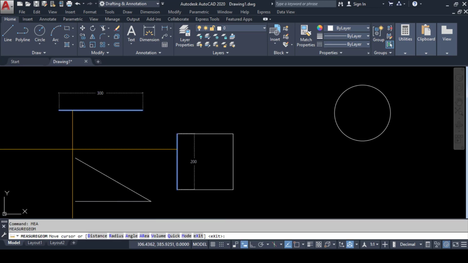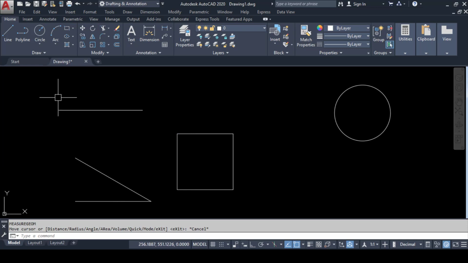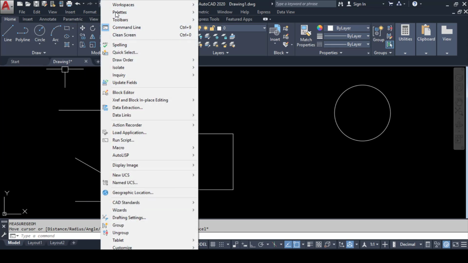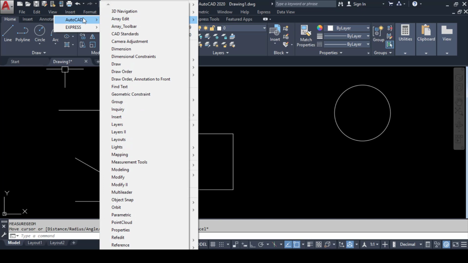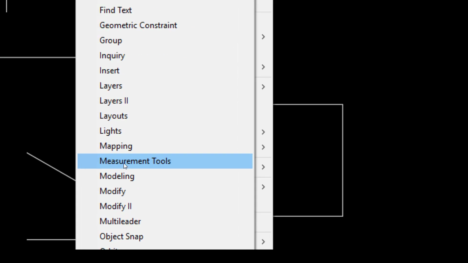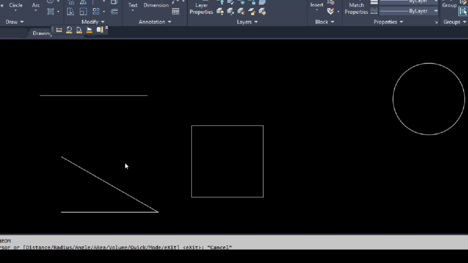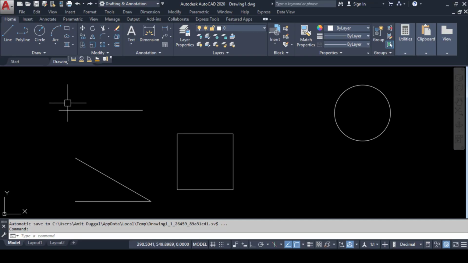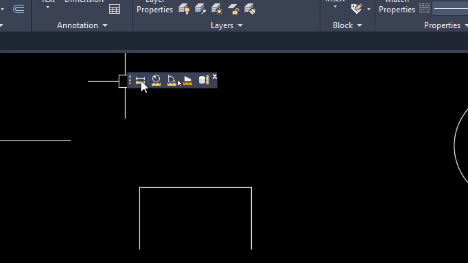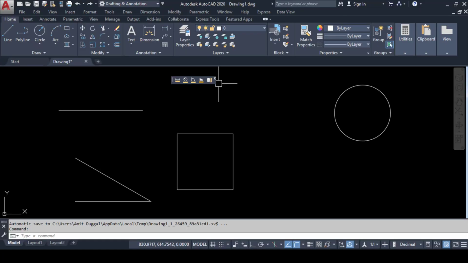Also if you want to find the location of these tools, what I can do is go to the draw toolbar here and from here I will select the inquiry commands. So I can select the toolbars from here and in AutoCAD I will select the measurement tools respectively. As I select the measurement tools, you can see that it shows me the measurement tools in the graphics area somewhere here. From here also I can locate all the tools, that is distance, radius, angle and volume. So we have two ways, either we can enter the shortcut key or we can use the graphics area directly.